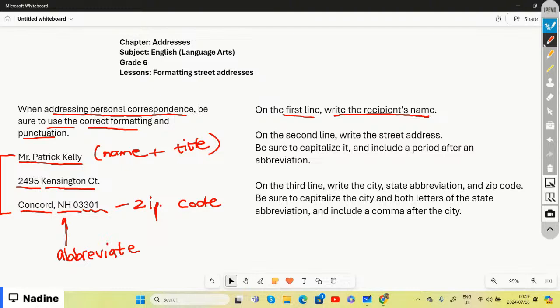So on the first line, we're going to write down the name of the person that the item is going to be delivered to, or more like the receiver of the item, right? Then on the second line, we're going to write down the street address as well as the street number, right? Because remember, the number is important because next door to you, there will be number